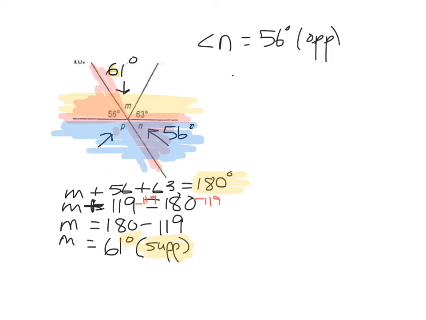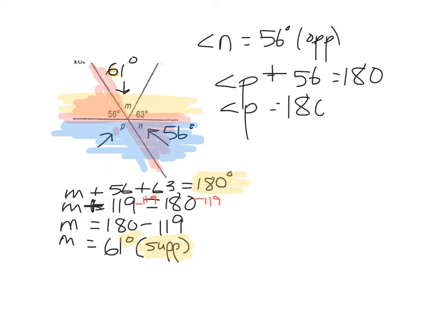Let's get the right color. So angle P plus 56 equals 180. Okay, and then angle P equals 180 minus 56. For those of you that are balancers, we're taking 56 away from both sides. Okay, and so therefore angle P, and I forgot to highlight that before,